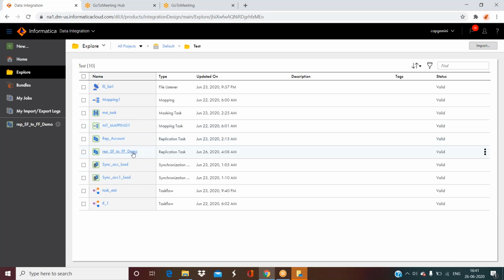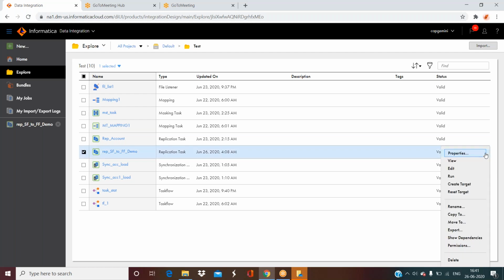Okay, this is the task which we created now, right? The replication task. So in here we have two options. We click here on actions, like create target and reset target. So what is reset target, what is create target, and what is the use of it? Okay, so I'll explain. Reset target.